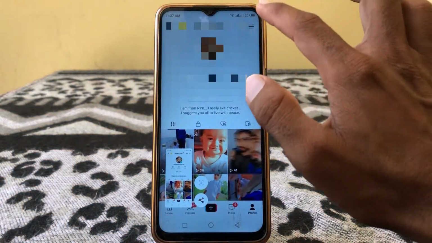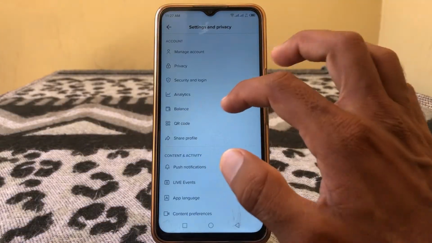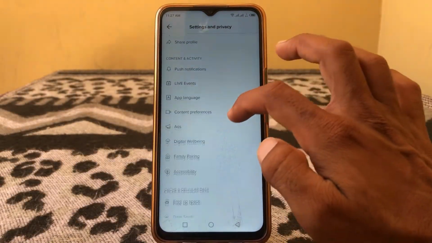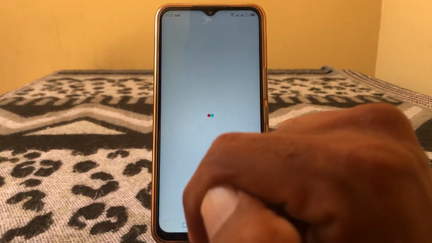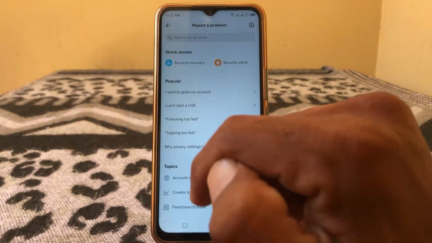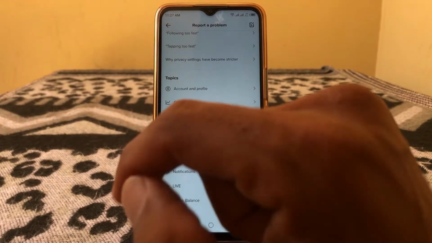and then tap on the three lines here, then tap on Settings and privacy, and then scroll down and tap on Report a problem, and scroll down. From here is the option of Videos and sounds, so just simply tap on this,